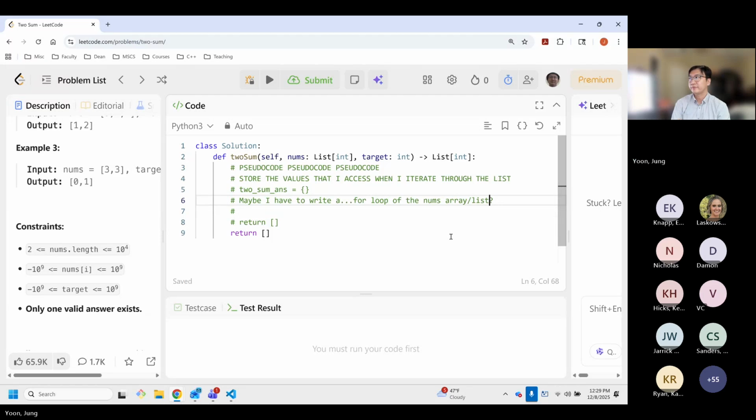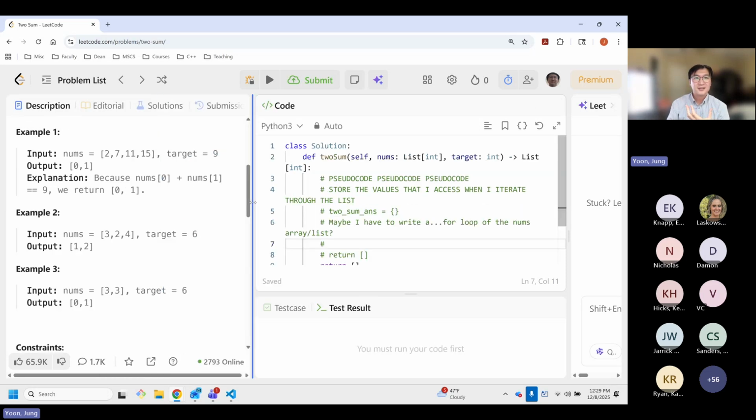And then here's where the algorithm question comes out, everybody, and this is where math comes into play. That's right. If you're going to be in our Bachelor's of Computer Science program, what do you need? Math. So let's take a look at this example here. If we go through a for loop, the first number is the number 2. Do we all agree with that? How do we know what's the next number we need to add up to the target number 9?